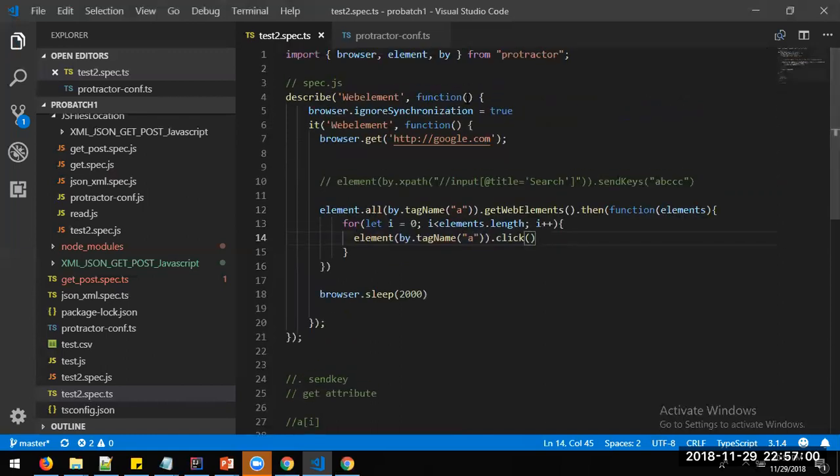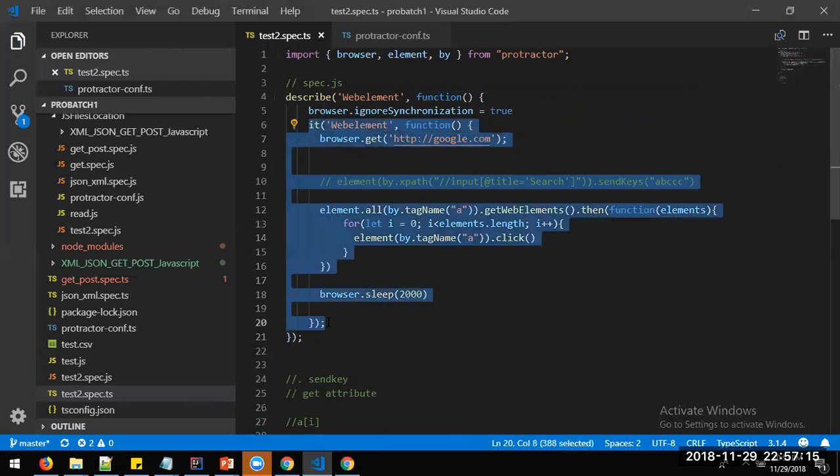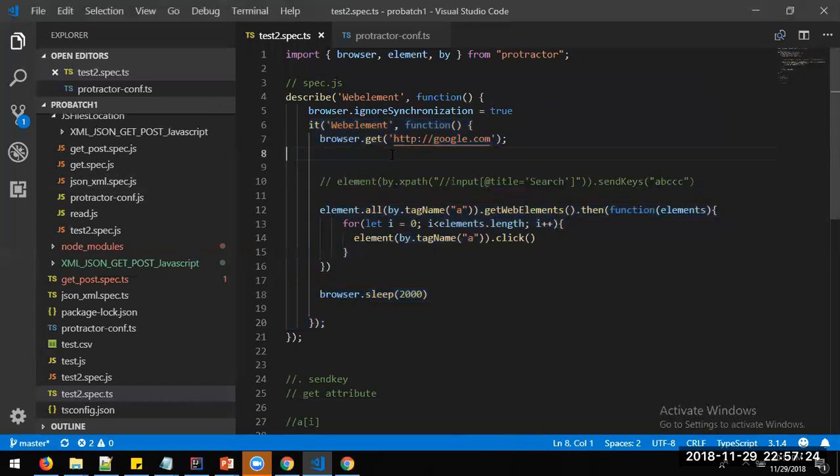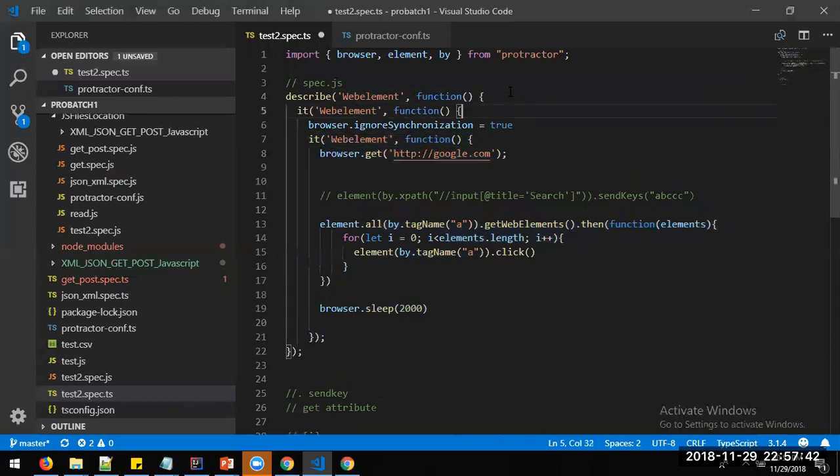So now we were saying, using an it block, we are navigating to Google, but in some cases, what happens is that every scenario, every it block might need to go into Google or refresh that particular page every time. So if you write this browser dot get Google in every single step under test cases, meaning under it blocks, you will end up writing 100 lines, right? So for that purpose, there are a few more methods present in Jasmine, which are called